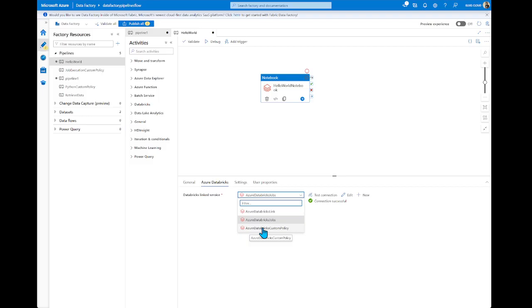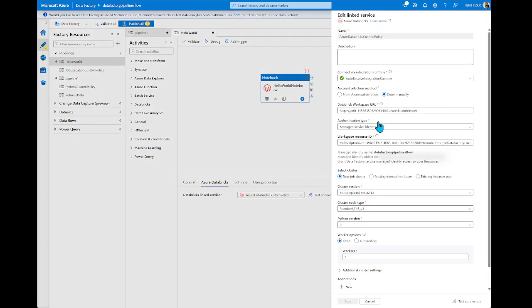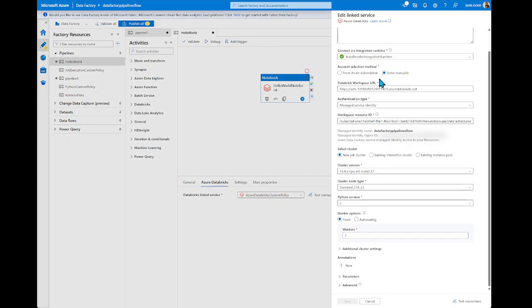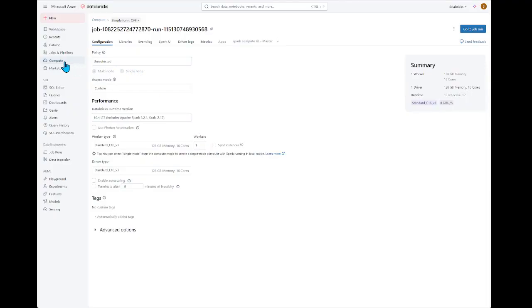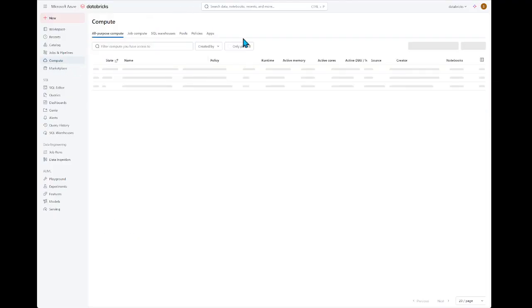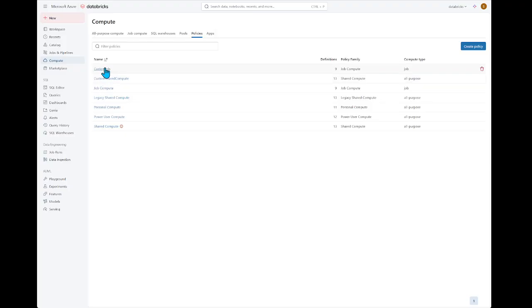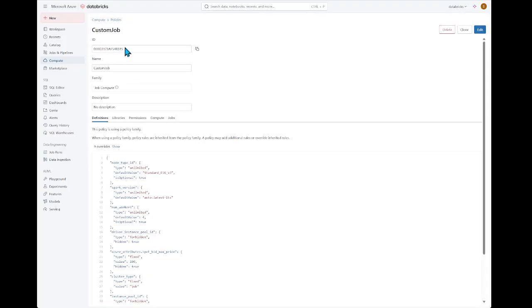I created an additional linked service to Databricks, and let me open edit. What I need to do, because here we don't have any options to provide, let's say, policy. First of all, we need to go to the policy, the created policy, and copy paste the ID of this policy.